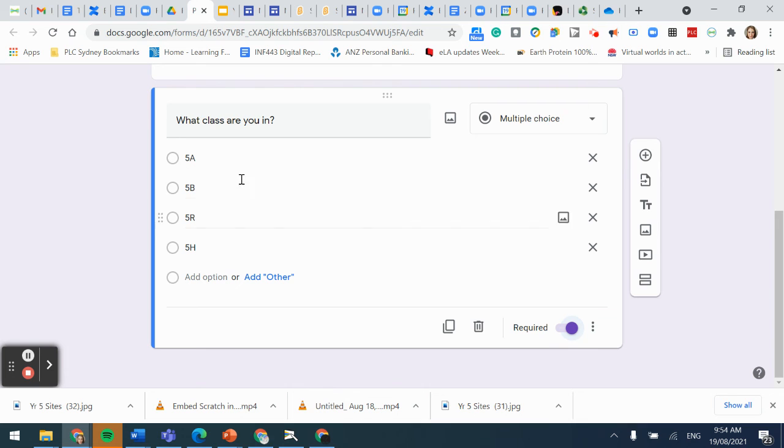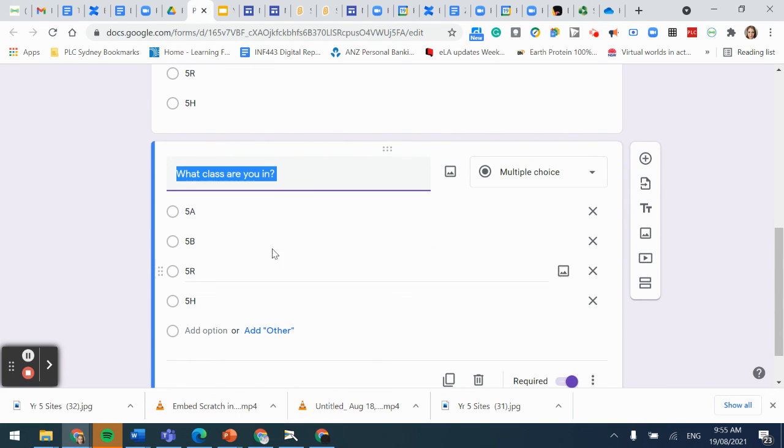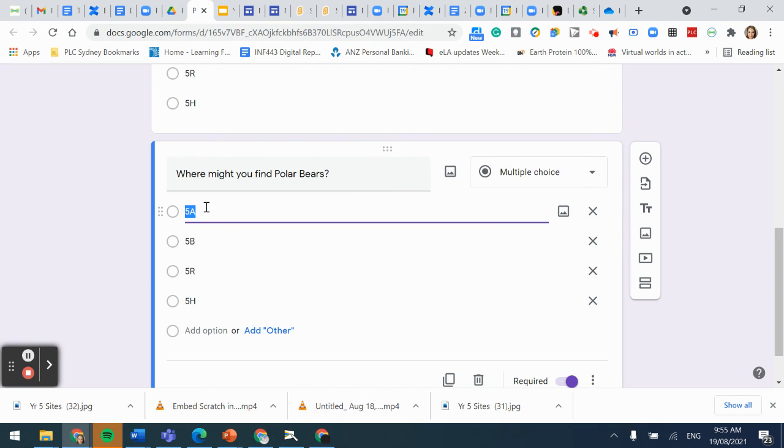If I want to include another multiple choice question like this and I don't want to add it this way, I can duplicate it using this button down here. It copies that whole question for me, and then I can change things inside. So the question might be now, where might you find polar bears, for example? And then I can just click on each option and change the answer in the playground,